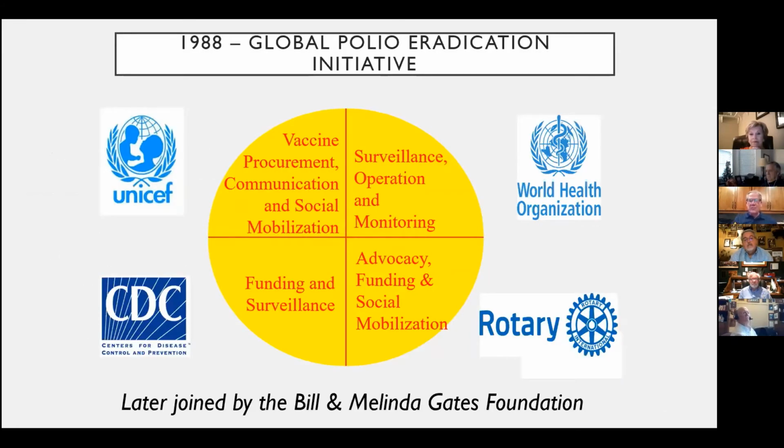Another big turning point was in 1988. Four organizations banded together to start the Global Polio Eradication Initiative. This was UNICEF, the Centers for Disease Control, the World Health Organization, and of course, Rotary. And this slide shows you what each organization's focus was. For Rotary, our job was advocacy, or publicizing it, funding it, and really doing the social mobilization, getting people